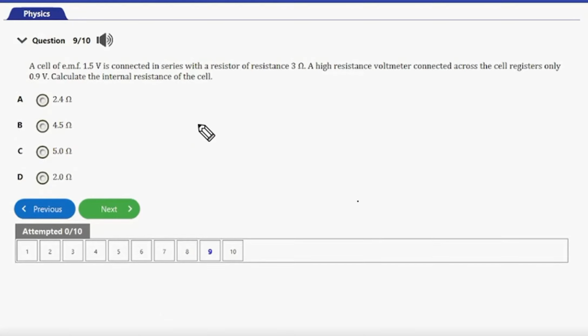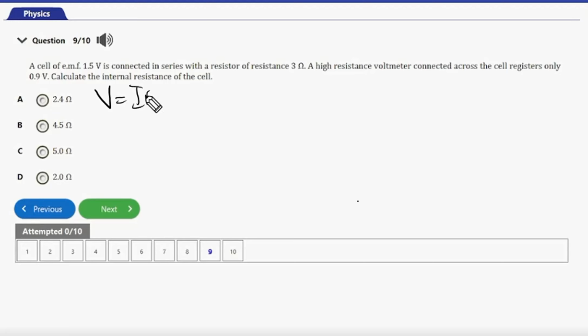Question number 9 says, a cell of EMF 1.5 volts is connected in series with a resistor of resistance 3 ohm. A high resistance voltmeter connected across the cell registers only 0.9 volts. Calculate the internal resistance of the cell. So guys, in order for us to calculate this, let's first of all look for the current here, and